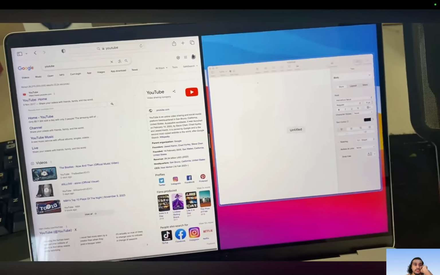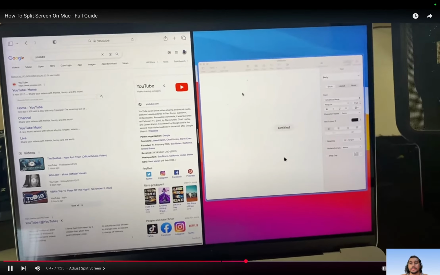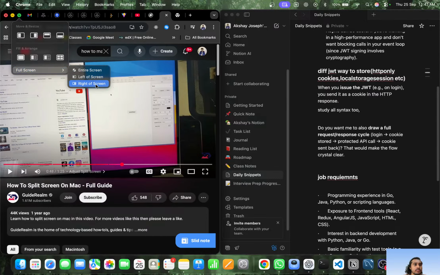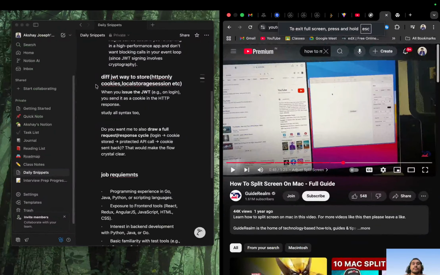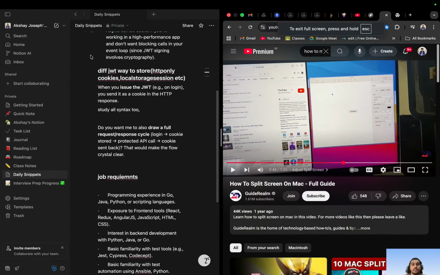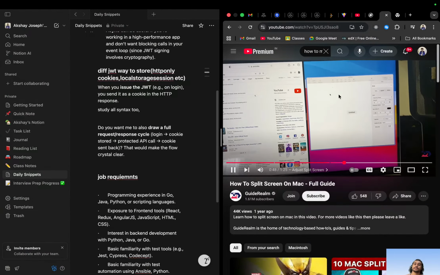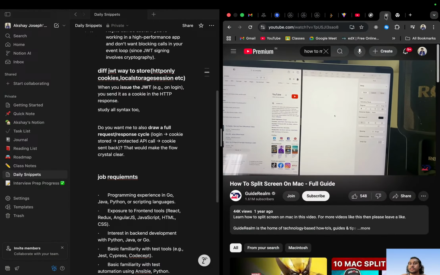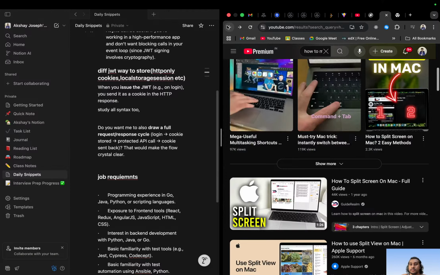And then it's going to go and show you the applications you can go and split the other half of the screen with. So because I had Pages open, I can go and select it. And then just like that, we've